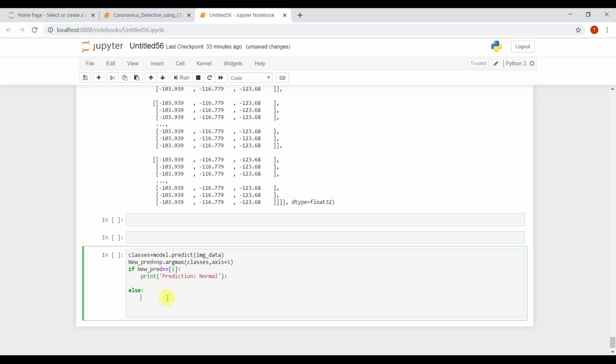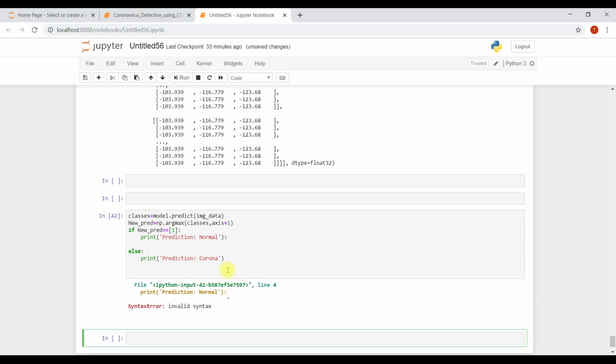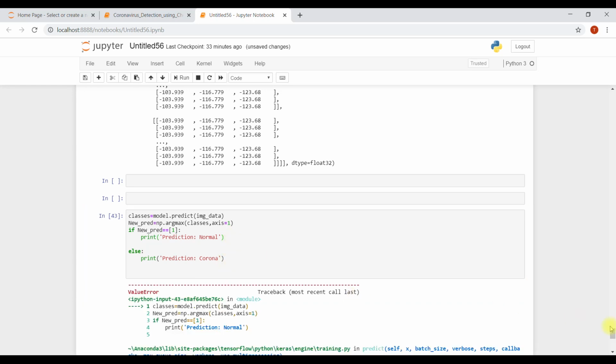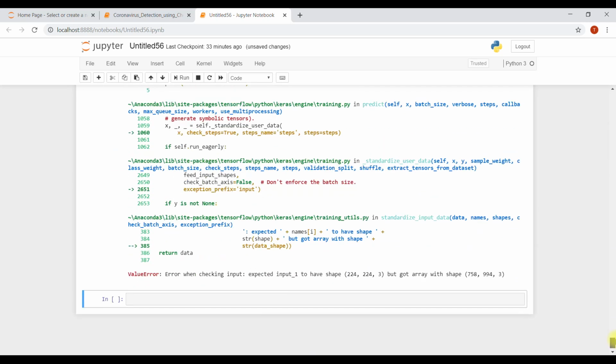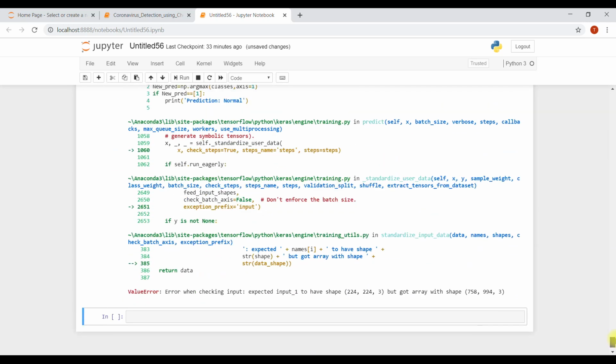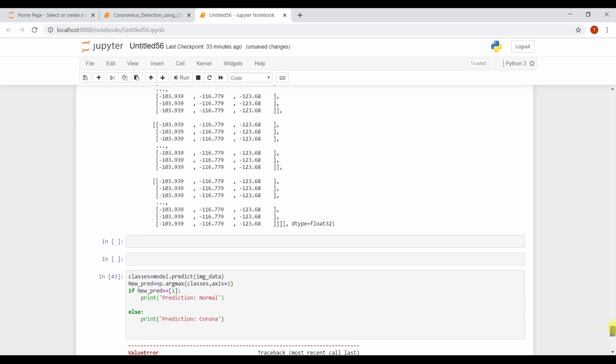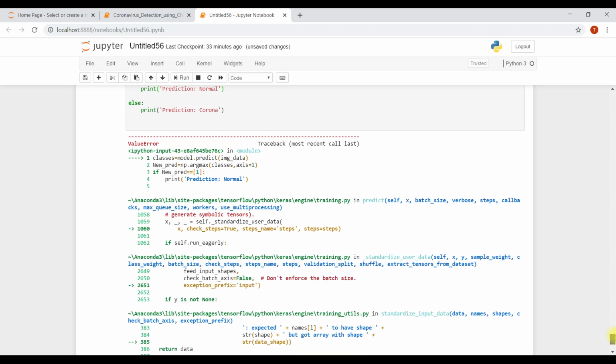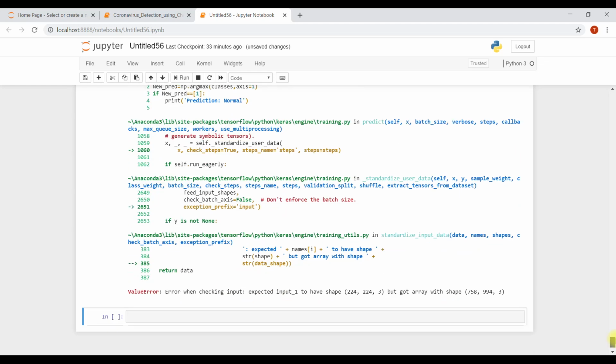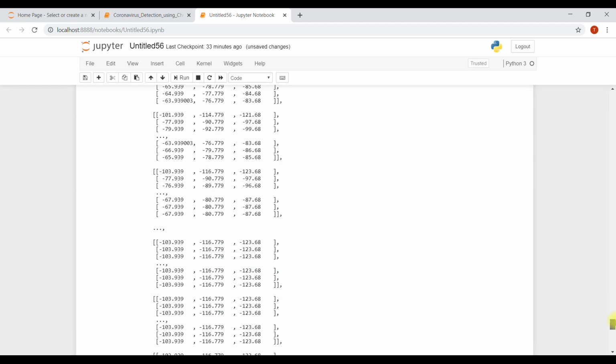Everything is done. Where is the syntax error? Oh, I'm sorry. Now what happened? Error, expected to have shape, but got array with... how? It's impossible, we just ran it, no?